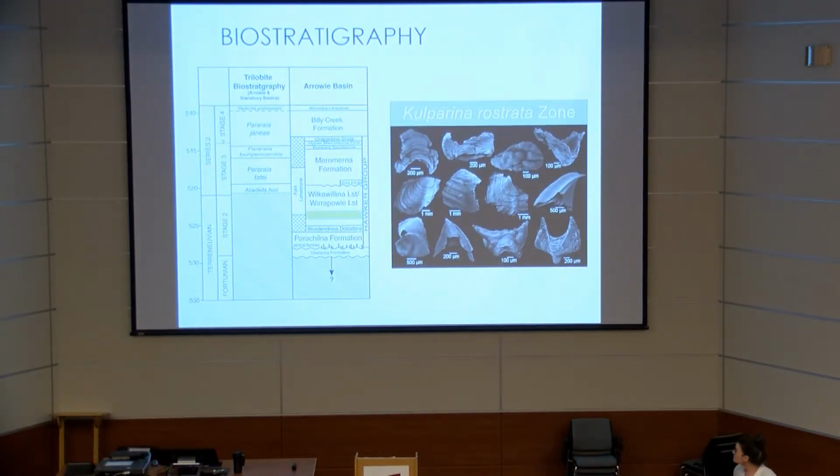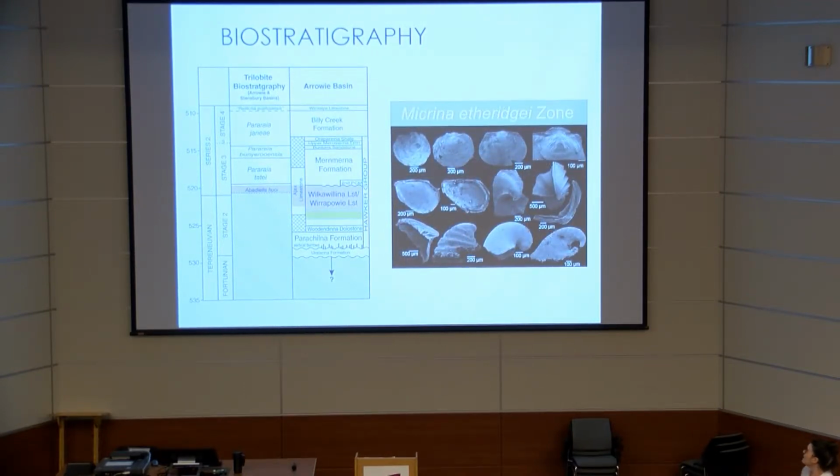So our oldest zone is the Colporina rostrata zone. It's a fairly low diversity shelly fossil assemblage, so we're looking at tomotids and brachiopods. Our second zone is the Micrina etheridgii zone. Diversity becomes quite a bit higher in this zone, and we see the incoming of mollusks, so Pelagiella submagulata, for example,